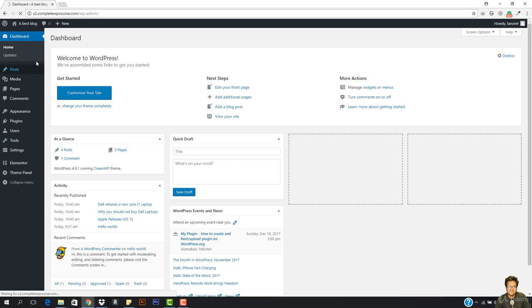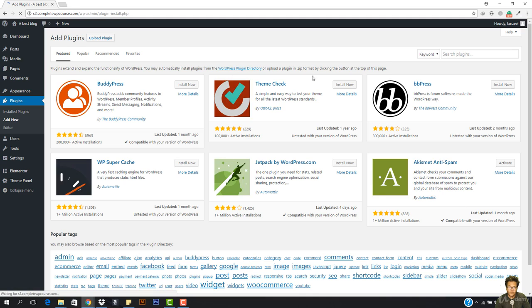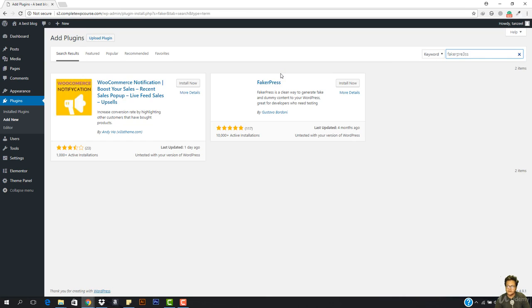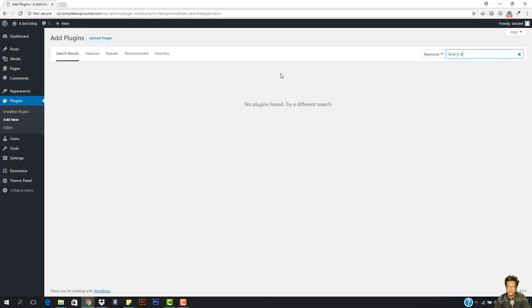So basically I already showed you what the plugins are. Plugins are basically like apps. Apps means that you can add different types of functionalities. Like there are so many apps for photo editing. If you want to edit photos, if you want to do anything, you have to install an app. So I'm just gonna go ahead and install Faker Press. I'm gonna search for it basically,